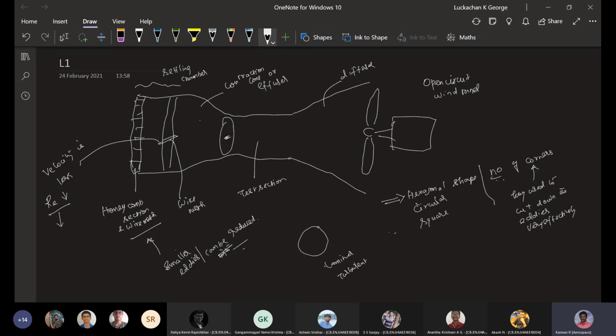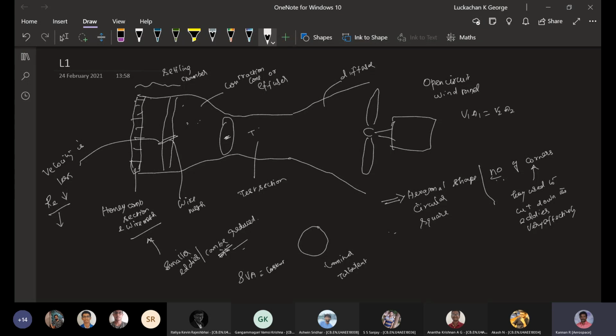So next is your contraction cone. In the contraction cone, the lower velocity fluid is further accelerated because of the change in area. For a one-dimensional flow, when the cross section area decreases, the velocity increases. That's what you have studied: rho V A is equal to constant, rho 1 A1 V1 is equal to rho 2 A2 V2. Here we are going to deal with incompressible fluid, so A1 V1 is equal to A2 V2.